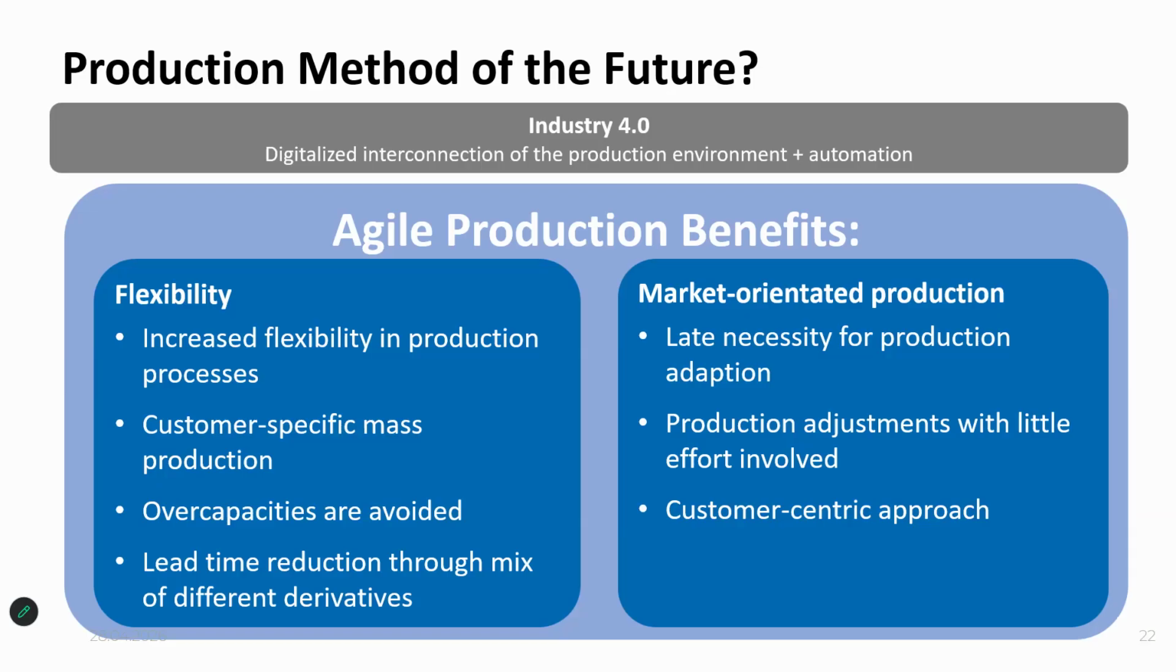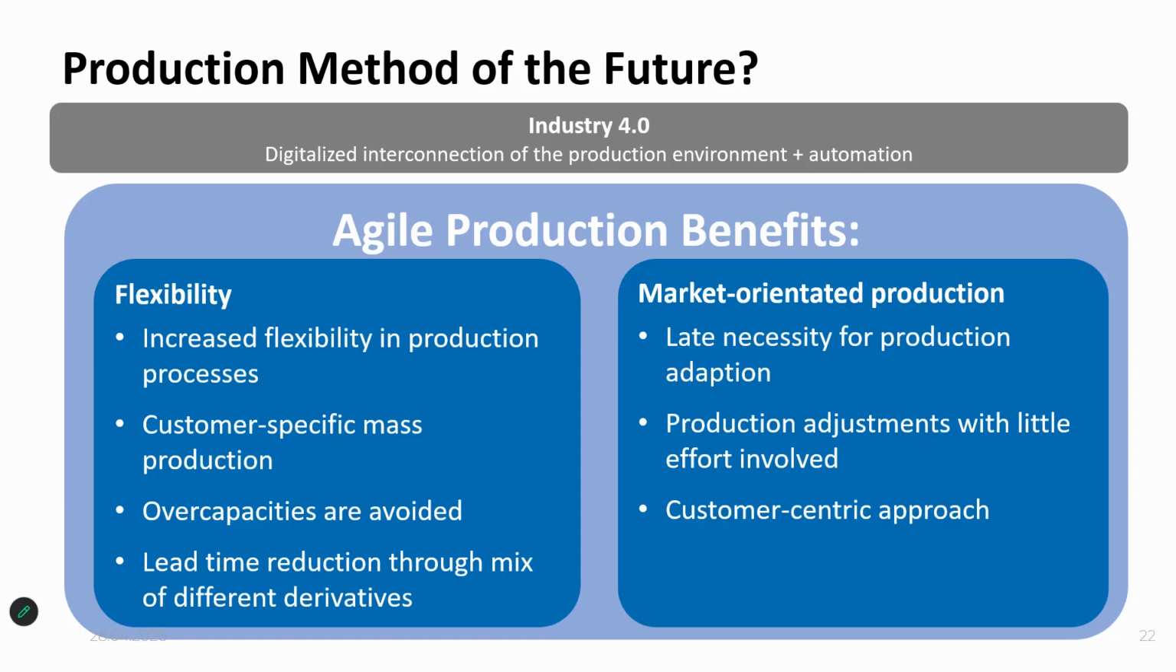So the most notable benefits of incorporating such agile production methods are in the area of flexibility, including the increased flexibility in production processes, being able to offer customer-specific mass production while avoiding overcapacity, and also reducing lead time through a mix of different derivatives. Now, an additional benefit is being able to produce goods as specifically dictated by the wants and needs of your